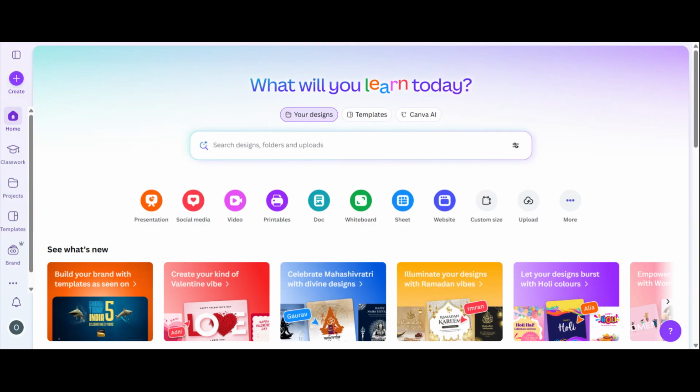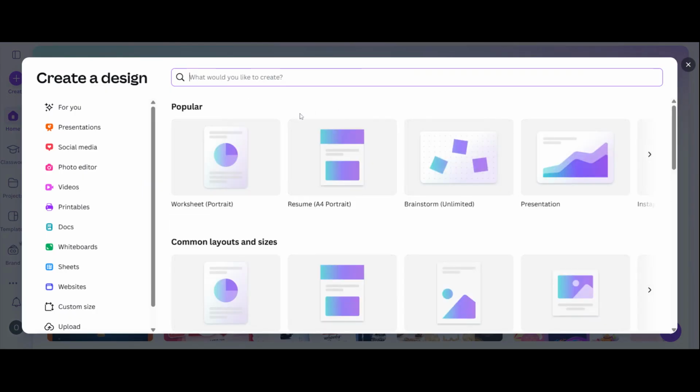All right, let's jump right in. First, open your browser and go to canva.com. Once the Canva homepage loads, log into your account using your email, Google, or Facebook login. After signing in, you'll land on the Canva home dashboard, where you can see all your recent designs and available